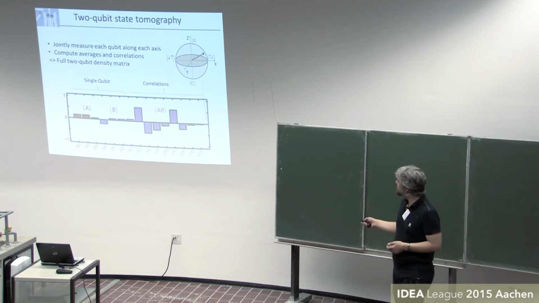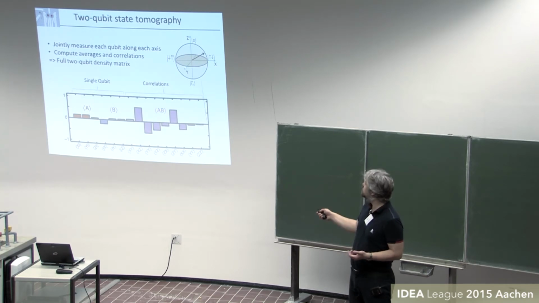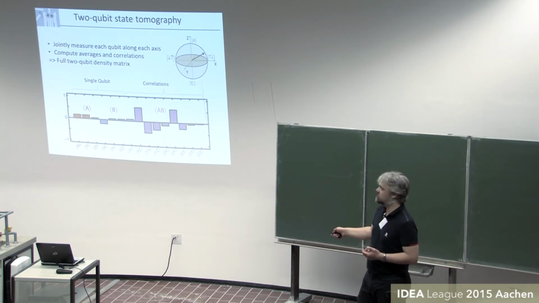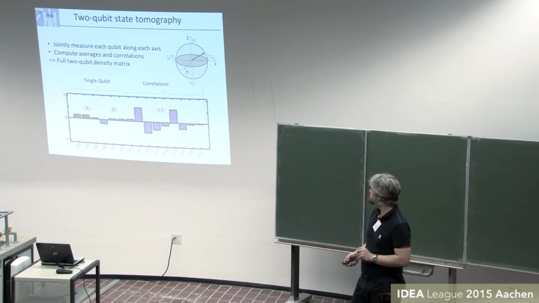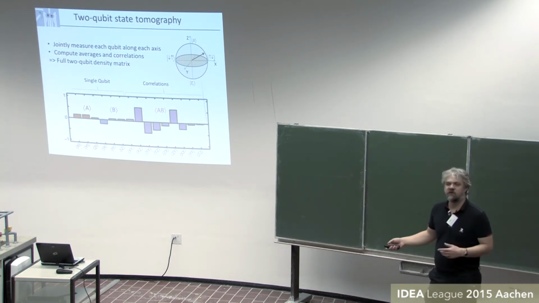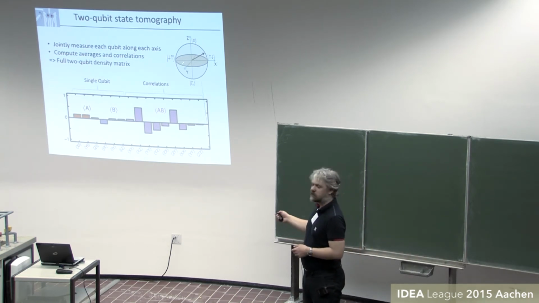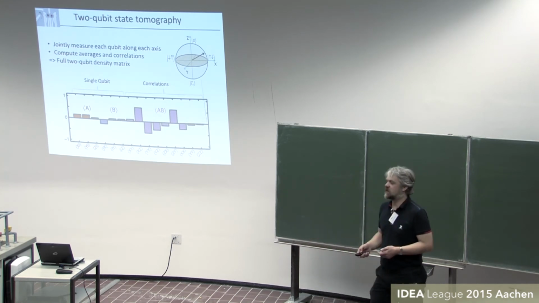And what you get out from that are 15 different values. First of all, the expectation values or the averages of each individual measurement. So for example, measuring only qubit 1 along x, y, and z. The same for qubit 2 here. These are over here. And then 9 different correlations between different measurements on the 2 qubits. And these are the ones that are interesting for entanglement. What you can reconstruct from that is the complete 2-qubit density matrix and then ask, well, what state have I